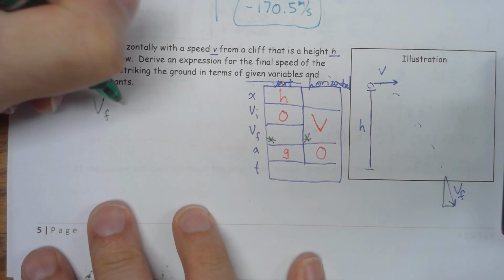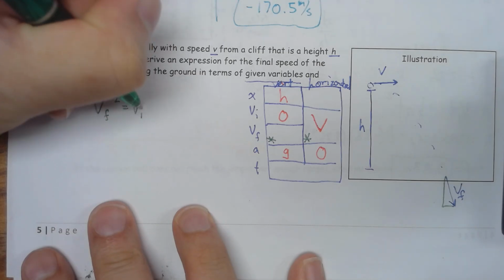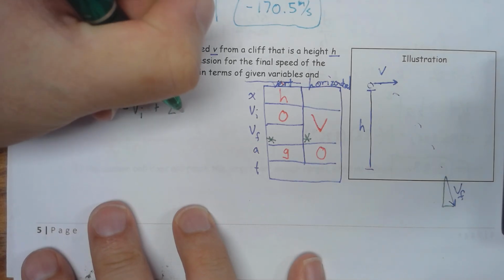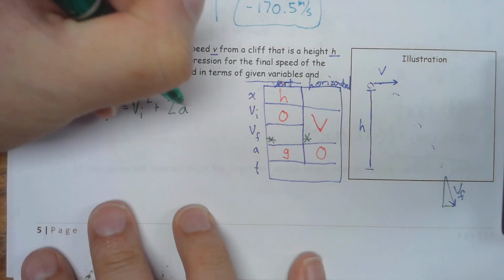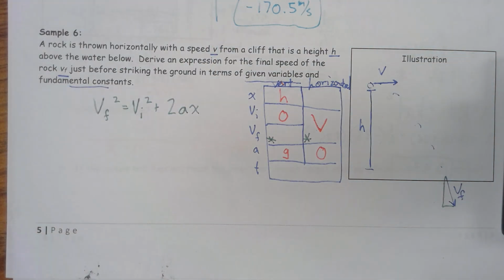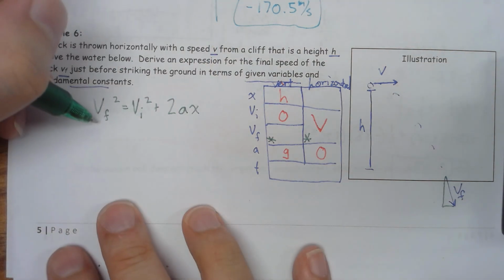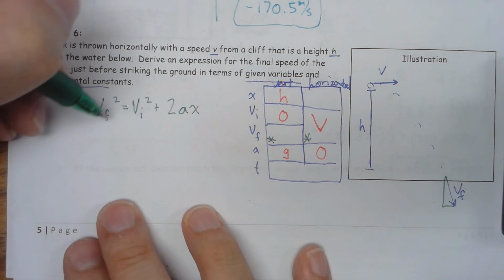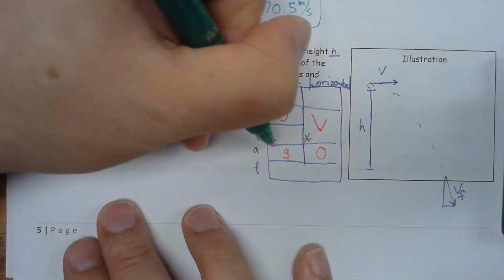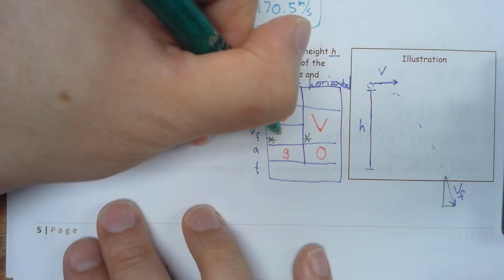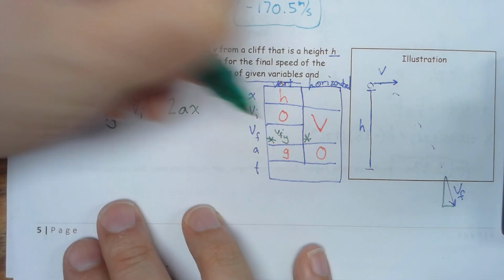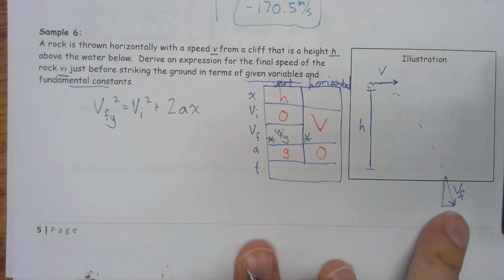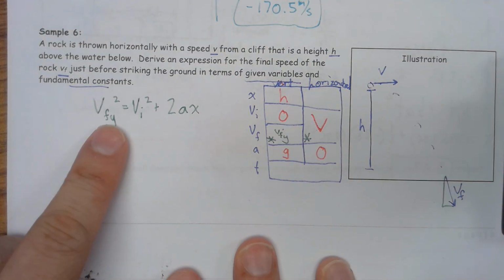VF squared equals VI squared plus 2AX. That's our base equation. Now, VF squared, I'm going to call this VFY at this moment because we're not allowed to call it VF because that's the diagonal one, right? So I'm going to just say the VF in the Y direction